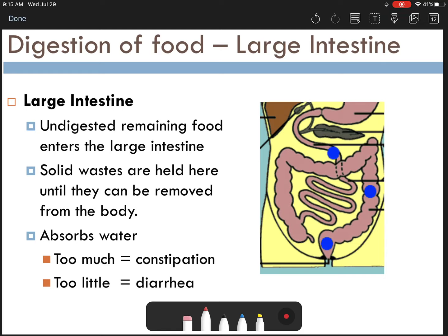From there, the food goes to the large intestine. There's no digestion that takes place in your large intestine. Your large intestine does, however, absorb water. And so we always want you to drink plenty of water throughout the day. If your large intestine absorbs too much water out of the undigested food, then that food obviously will kind of dry up and get hard. Well, guess what? That means you will have constipation, and it will be kind of difficult to go to the